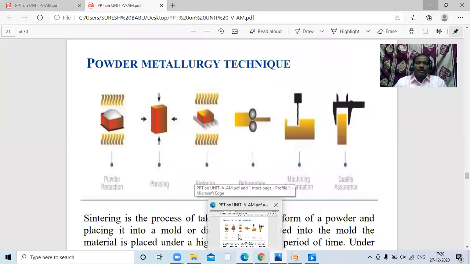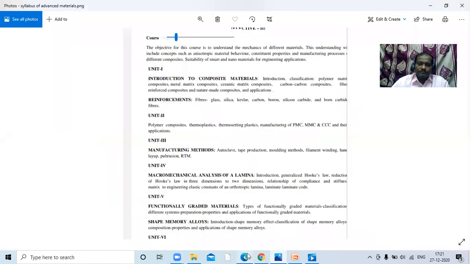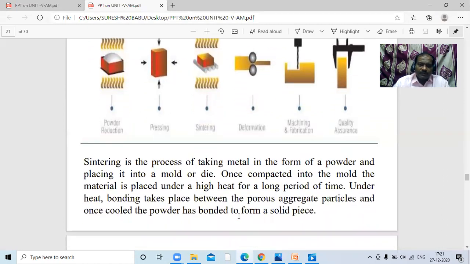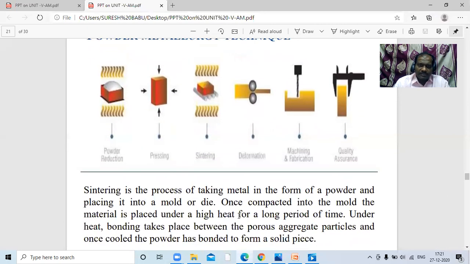It is the powder metallurgy technique. In the previous class, I have briefly explained functionally graded materials and this powder metallurgy technique. Now we will go deeper into it.